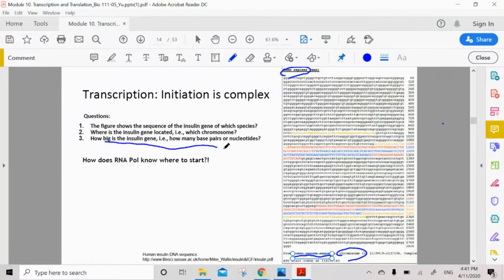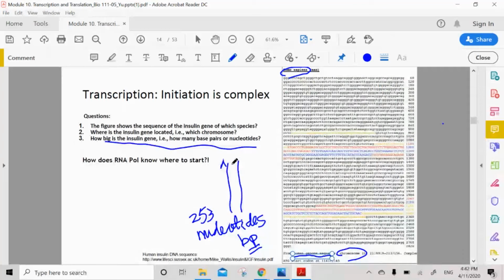So how big is the insulin gene? How many base pairs or nucleotides? So when we describe the size of a gene, we can say how many nucleotides that gene has. So we may say, oh, this gene has 253 nucleotides. We can say it that way. Or some people may say base pairs, often abbreviated as BP. It's really pretty much the same as nucleotides, because if you have a nucleotide here, A pairs with